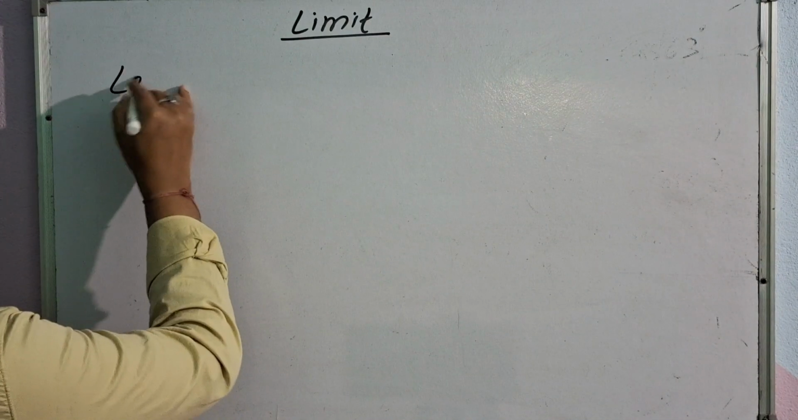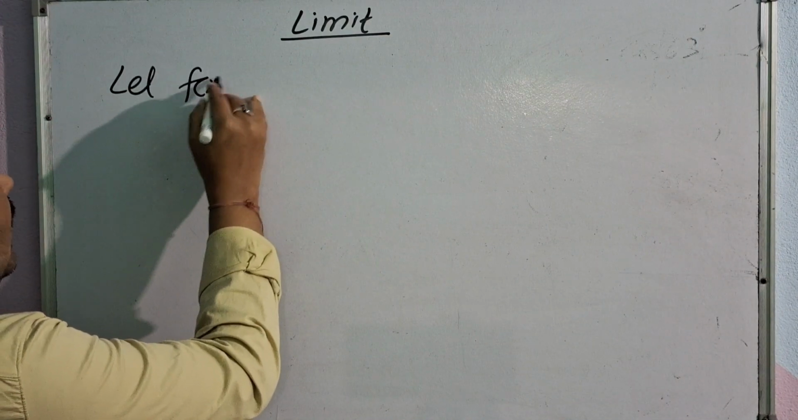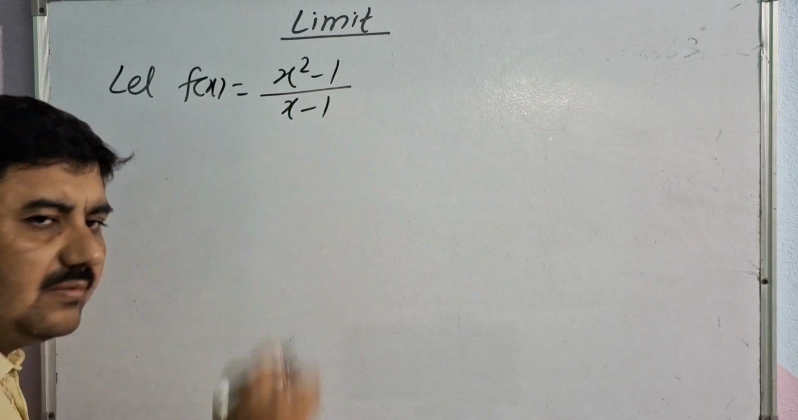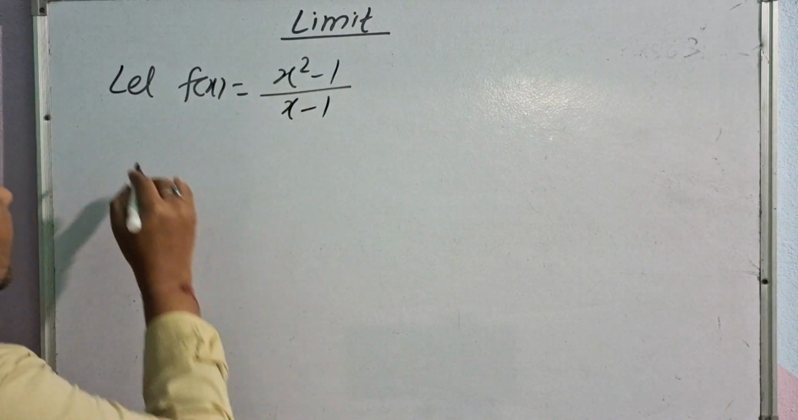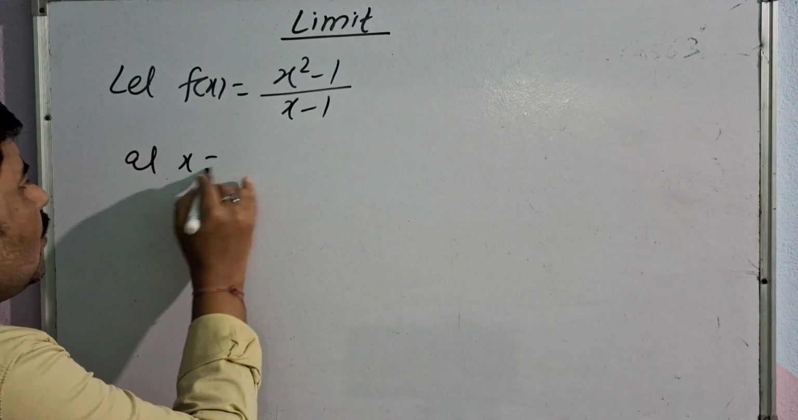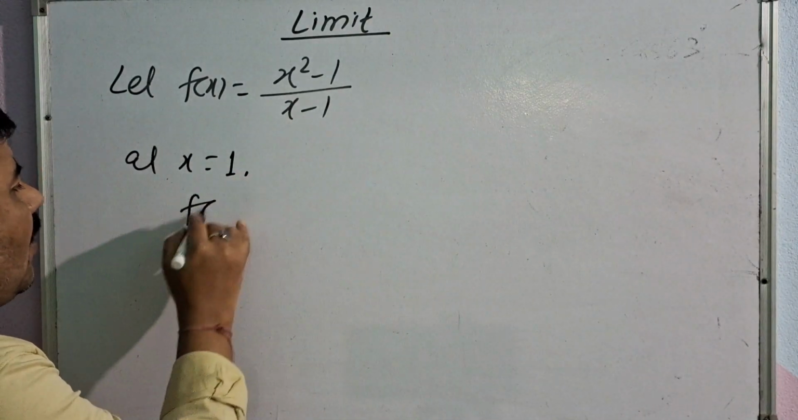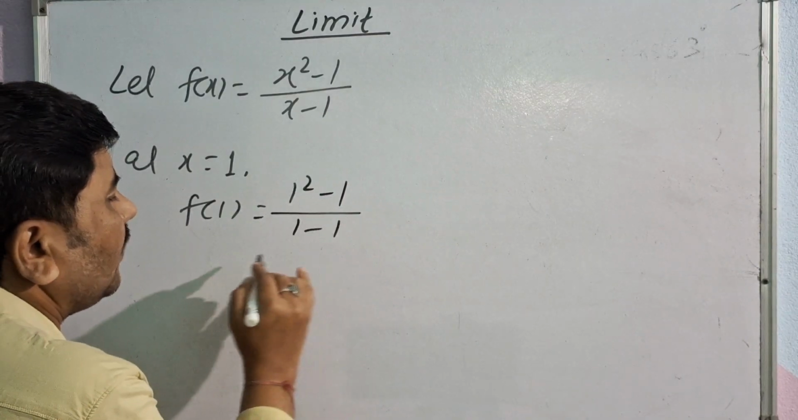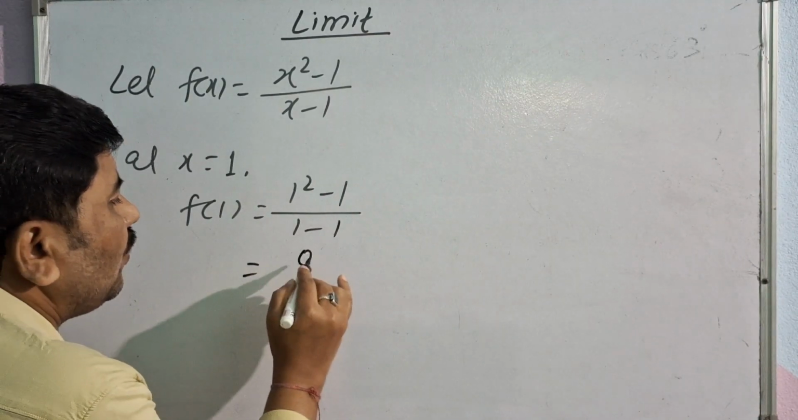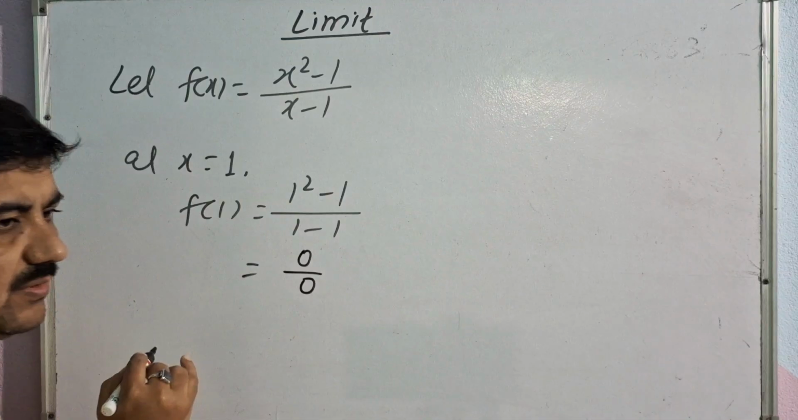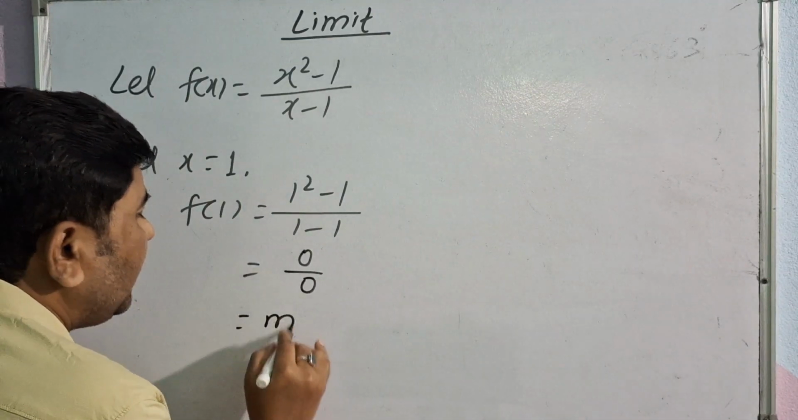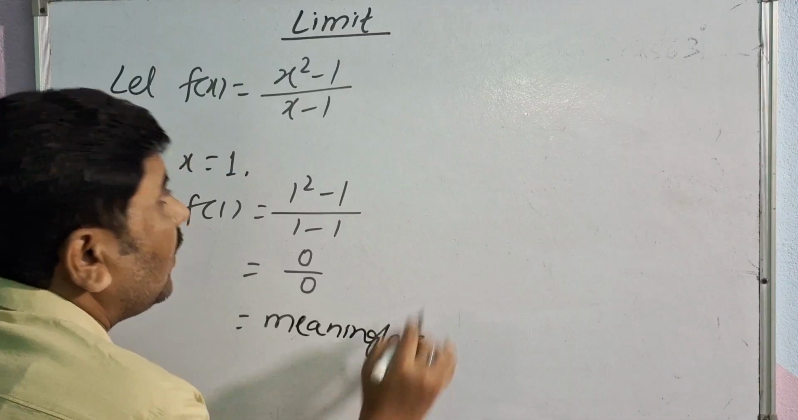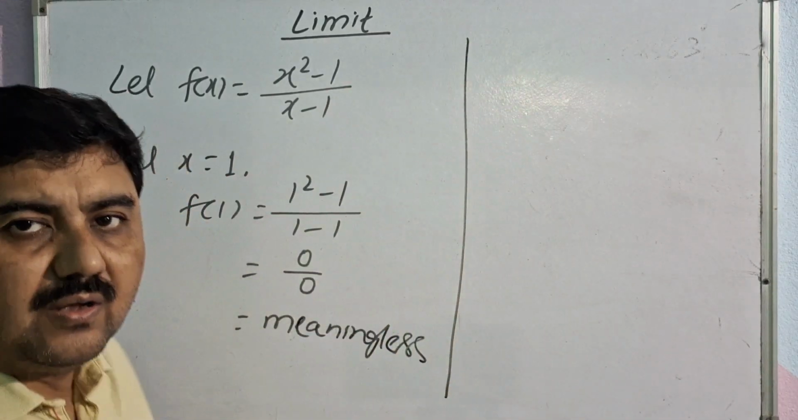Let f(x) equal to (x square minus 1) upon (x minus 1). At x equal to 1, f(1) equal to (1 square minus 1) upon (1 minus 1). That is 0 by 0. That is meaningless. But when